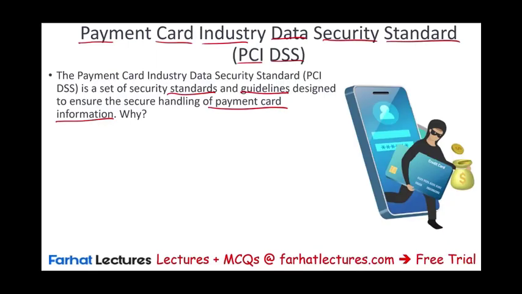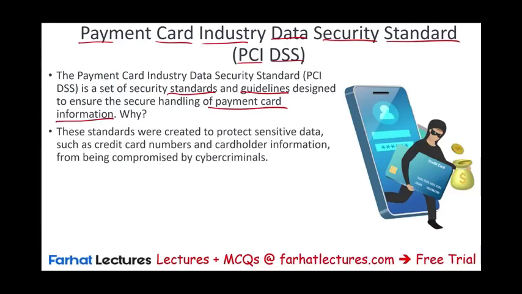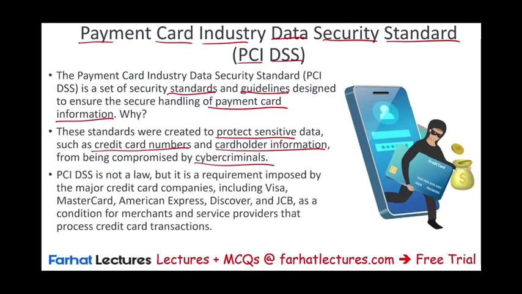Now, why is this topic covered on the CPA exam? Well, think about it. For some companies, all the revenue is through credit card. So if you want to test the revenue cycle, you want to make sure the tools to generate revenue, which is their credit card application, are secure. Also, those guidelines are created to protect the sensitive information of the users. If you are not comfortable putting your information online with a merchant, then you're not going to make that purchase. In other words, the business would lose sales. Therefore, you need to protect sensitive information, such as credit card numbers and cardholder information, from being compromised by cyber criminals.